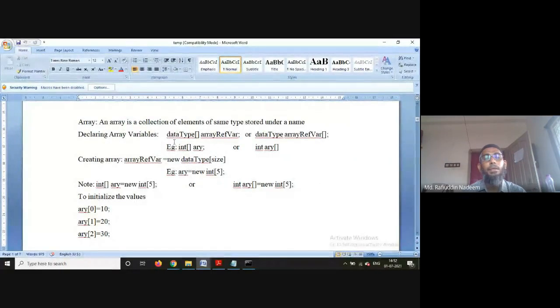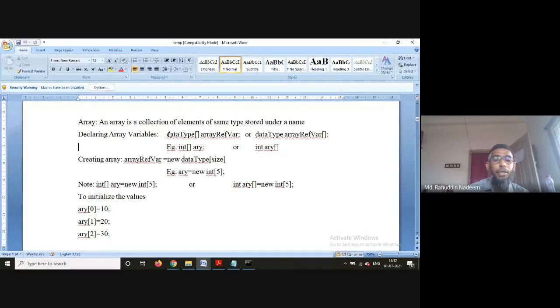The syntax for this is the data type, followed by brackets, then the array reference variable. Here only the reference variable is given. No memory is allocated.